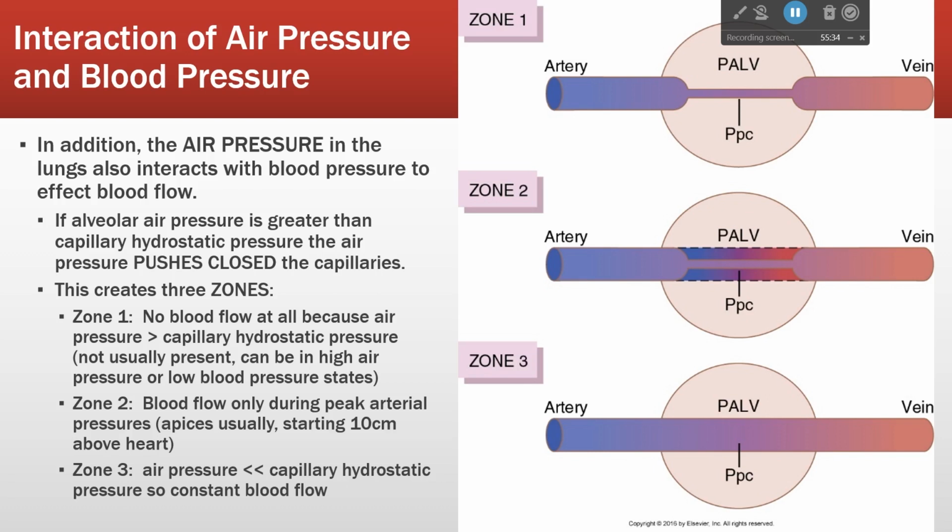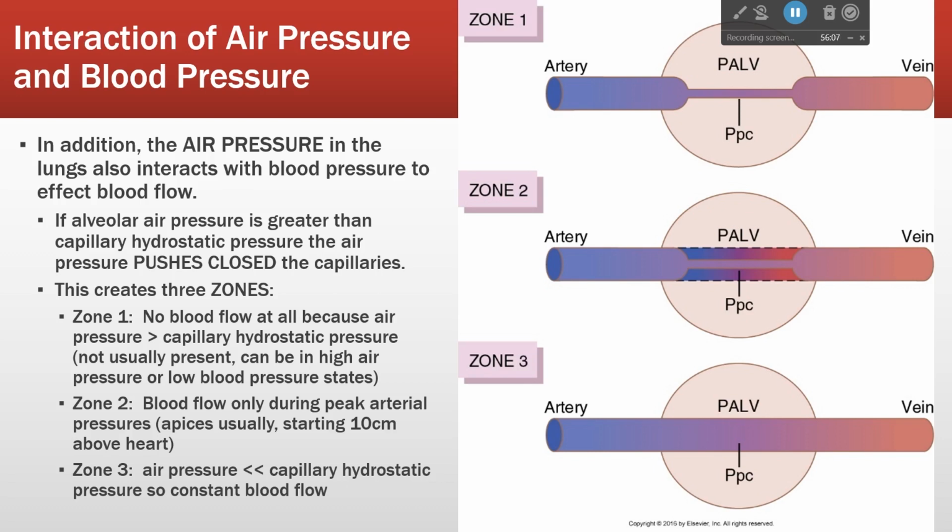All right, so this is the alveoli. PALV is pressure in the alveoli. PPC should be capillary pressure. Why is that not on there? PPC is pressure in the capillaries. Okay. So up here in zone 1, we have arterial and venous blood. Artery going in, venous coming out. Look at the colors. We're in the lungs, remember? So arterial blood is blue,